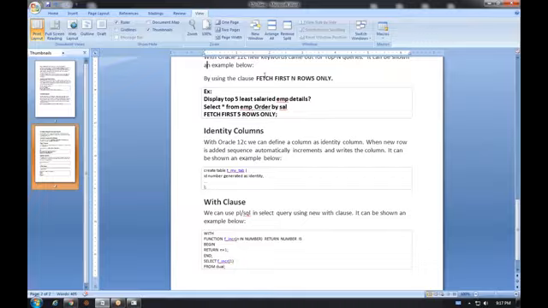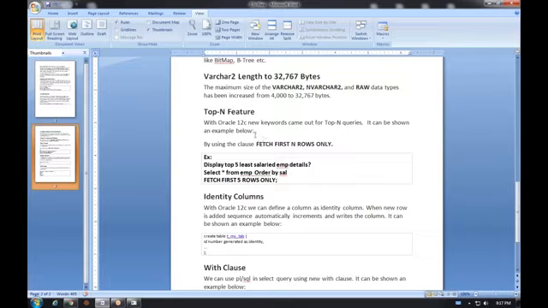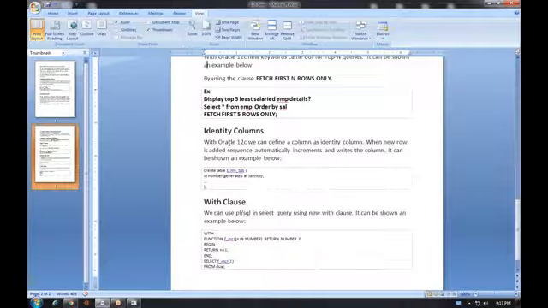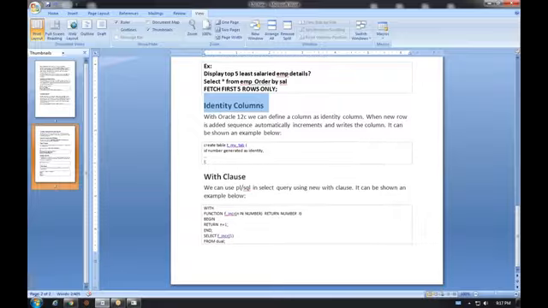But in case of identity, it will always maintain a serial number. That serial number should begin with 1 only. If you want to maintain record numbers 1, 2, 3, 4, 5 physically, use an identity column. Define a column value as identity. Then what will happen? It maintains